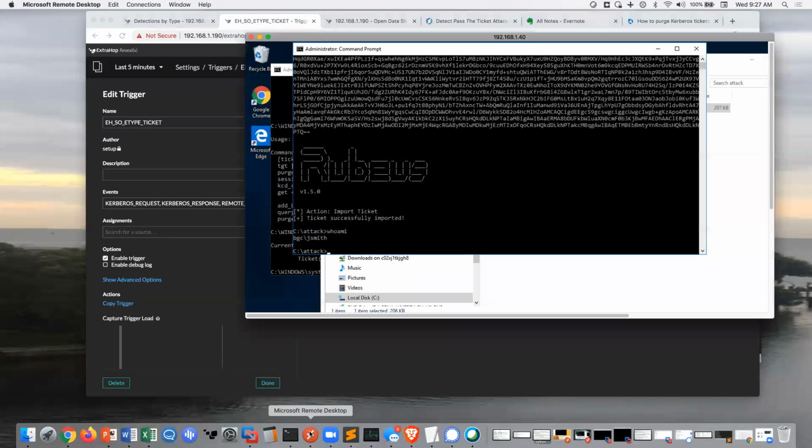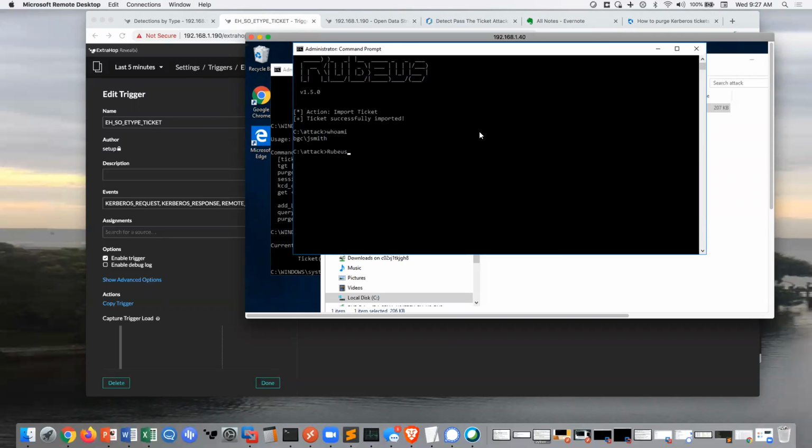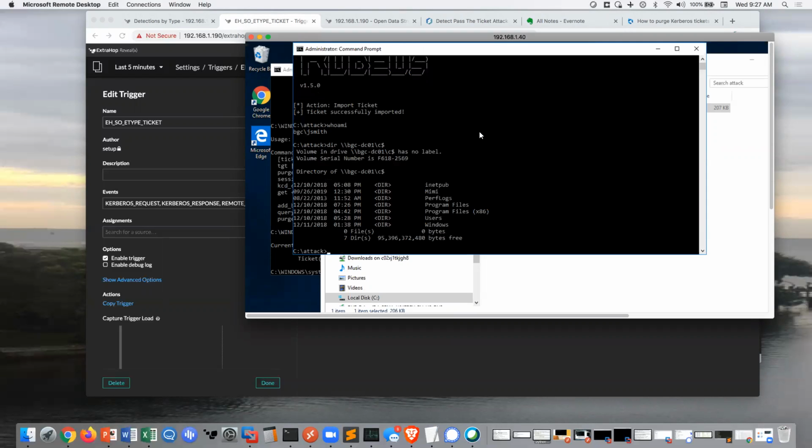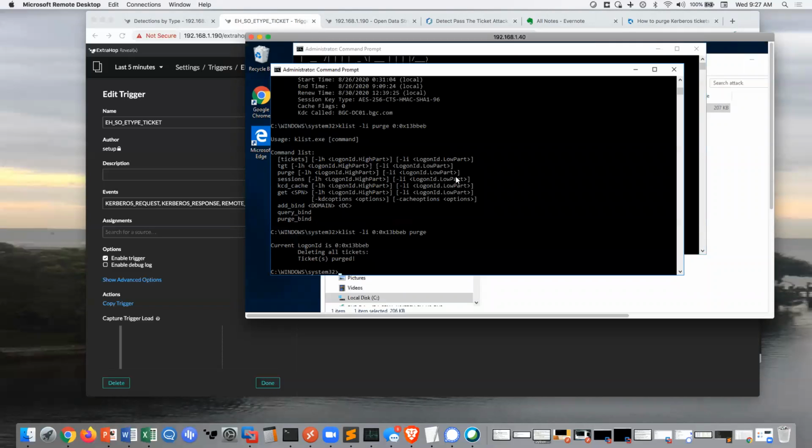So we've got our ticket. We've successfully imported it. And so now, even though I'm Jay Smith, can I query the C drive on the domain controller, right? So I'm going to go ahead and I believe I have that in here already. Yep, there it is. So I'm going to connect to my domain controller. And even though I'm only Jay Smith, I'm actually able to list that full domain controller. Likewise, if you look here, if I try that here,